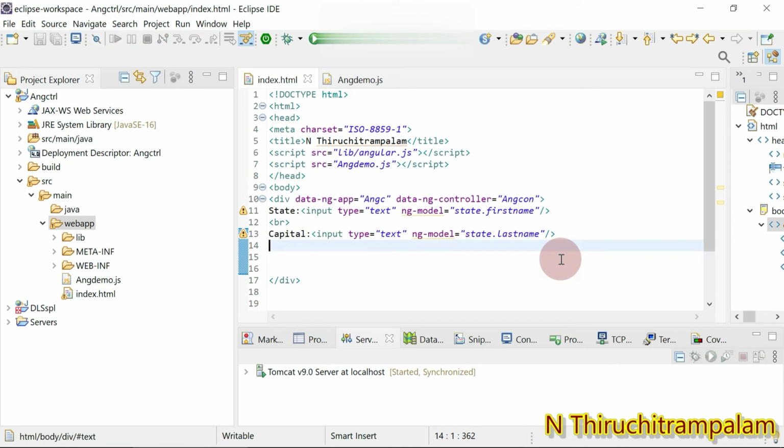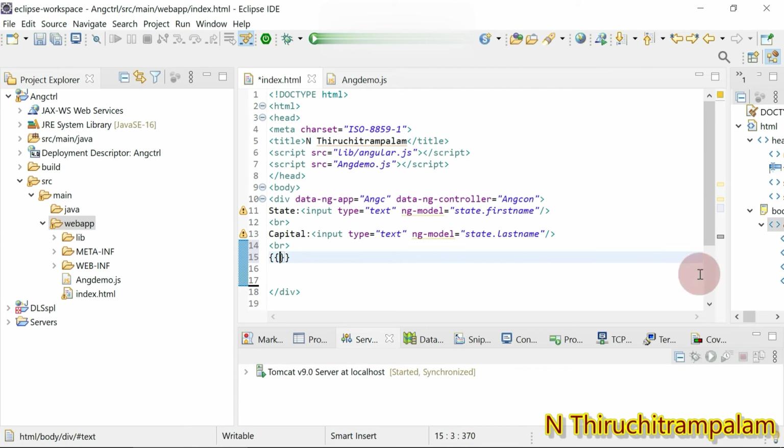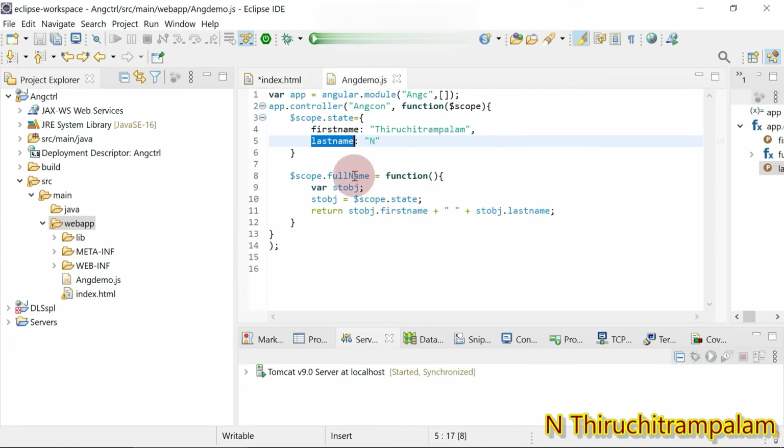And now in the next line, just to bring the cursor to the next line, I use the break line br element. Here I use the two braces just to output the content, whatever we key in within the text box. So how do we do this? Already we have created a function called full name, right?